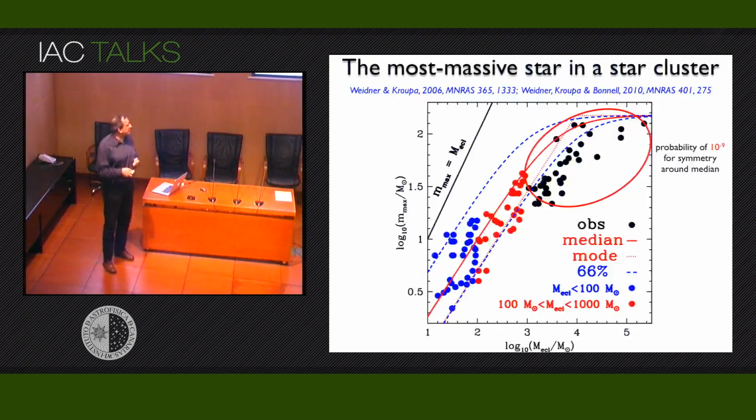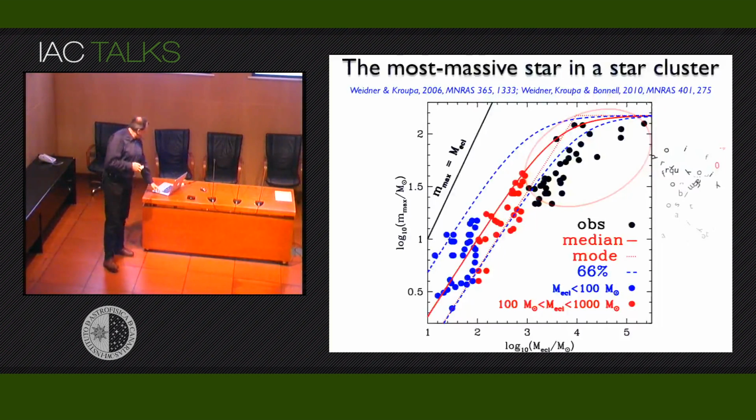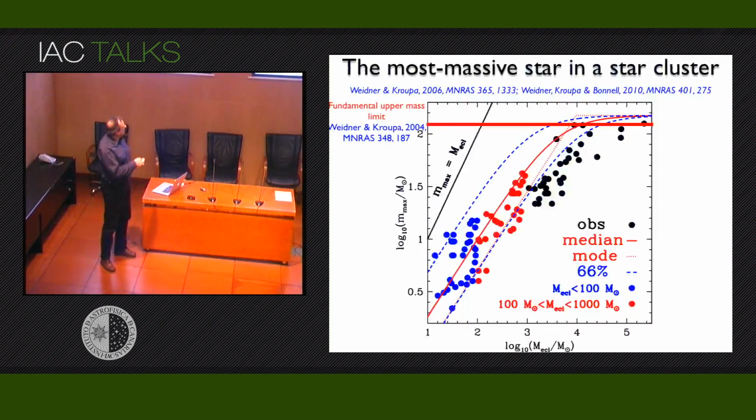that this potential is at some point counterbalanced by the feedback of the most massive object. Of course, it's not a one-to-one relation. There's a scatter. Not every cluster and every cloud is identical. They have different rotation, magnetic fields, whatever. But it is quite obvious that this is outside what we expect from random sampling. What we also